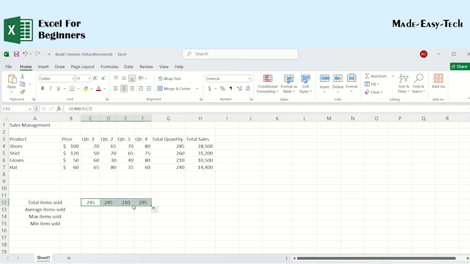All right. So these are our total items sold for shoe, shirts, glove, and axe for quarter one, for quarter two, for quarter three, and for quarter four. So now the total quantity you have here, the entire total quantity, and the ones you have here, total items sold, is going to be